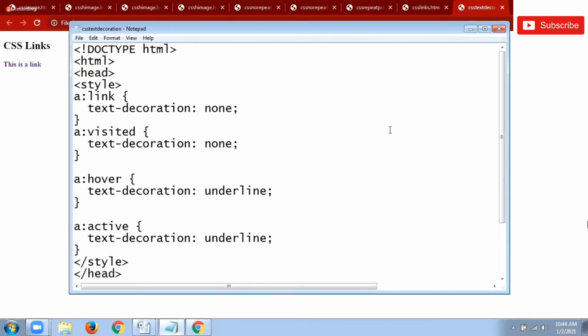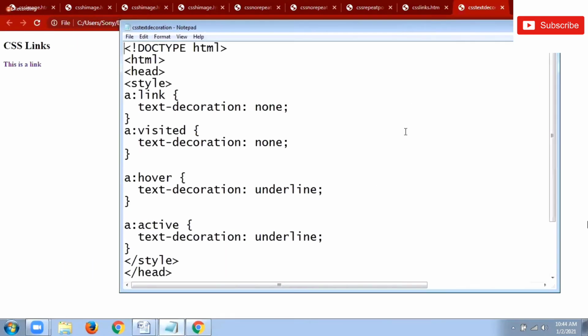Whenever the link is there, I am getting it without underline. Then visited also no underline. Once the cursor is put over, the underline property is applied, that is, the underline value is applied to text decoration. The same way whenever it is active.